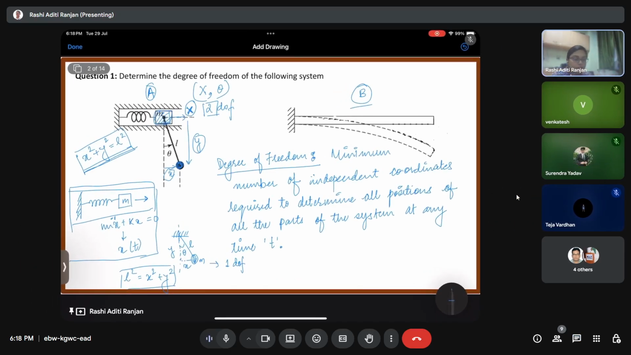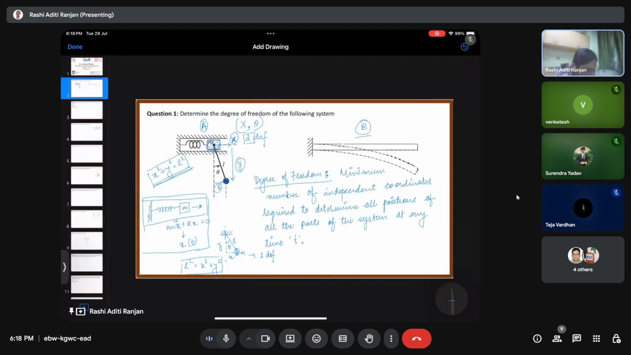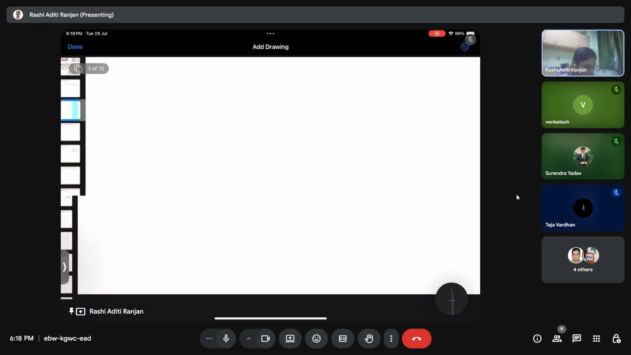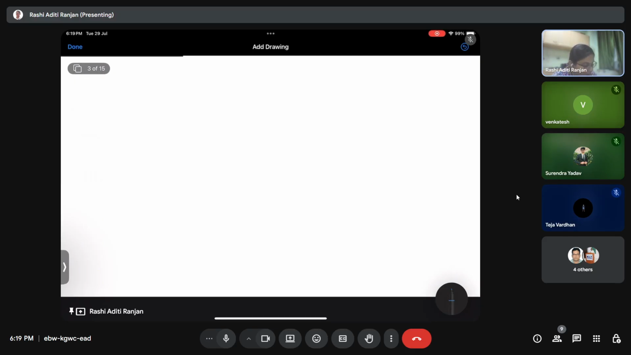Okay, so coming on to the cantilever beam. We have infinite number of point masses, infinite number of coordinates, and the minimum number of coordinates required then becomes infinite, and hence this is the infinite degree of freedom system, right? So, on the basis of the degrees of freedom of a system, we actually try to, okay, so on the basis of degrees of freedom,